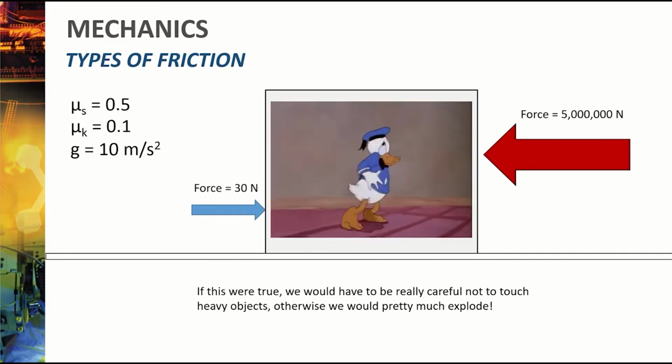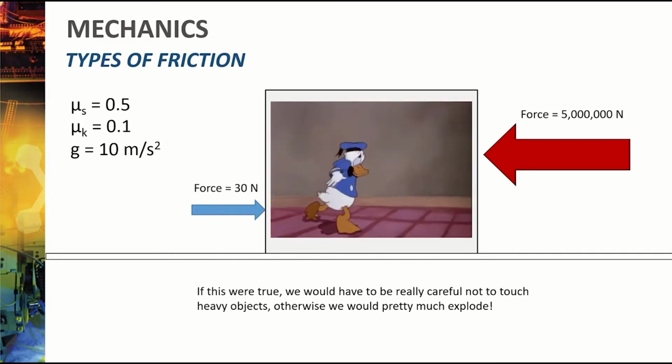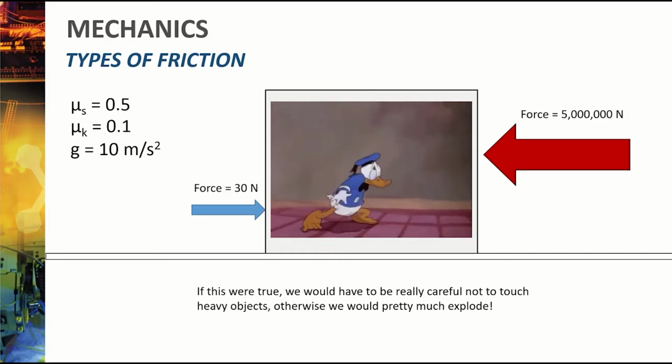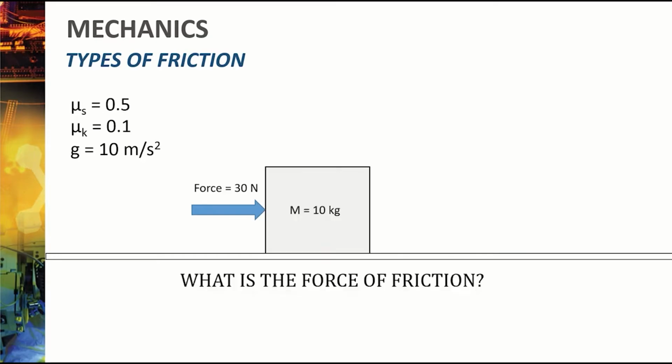So the good news is that we were actually wrong in the first slides we just showed. There's another way to calculate friction. We have to realize that the force we calculated previously, mu s times N, is the force of friction maximum. So that's going to be the maximum force that friction can provide.